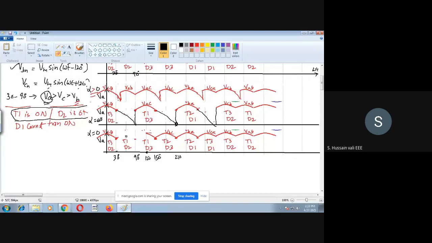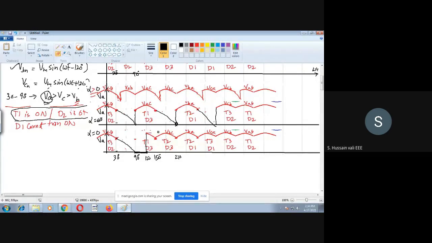If you erase everything, what you find out is that this part will not be there. So this graph will continue till 90. Then after that, it will become 0. So the output voltage becomes 0 here. When the delay is so high, that is exactly 90, then it jumps like this. So from 90 to 120, you see yourself, the output voltage is 0. This is what you have to understand.